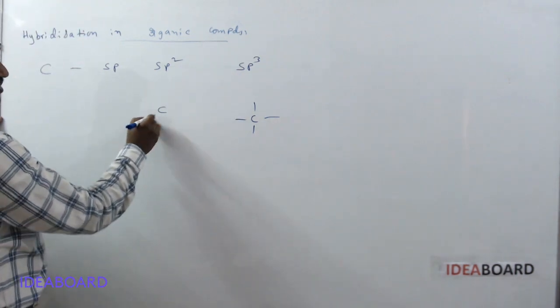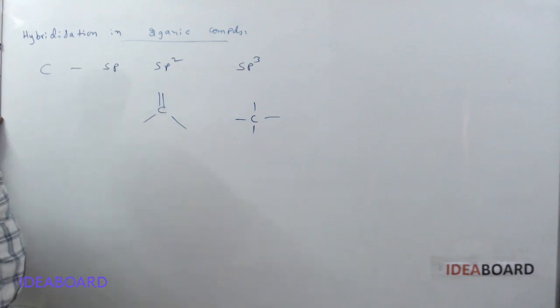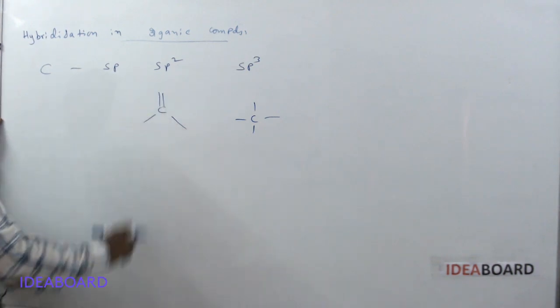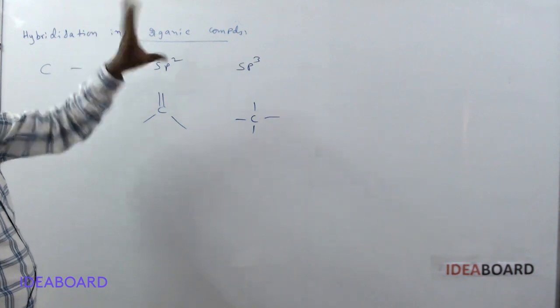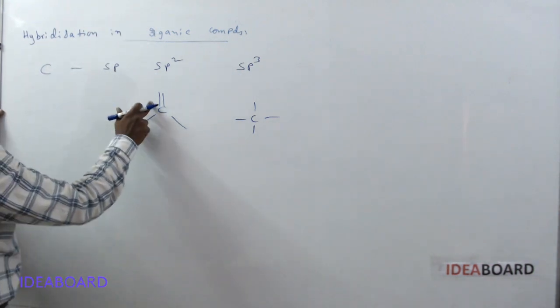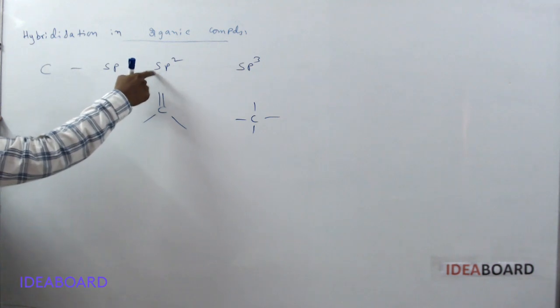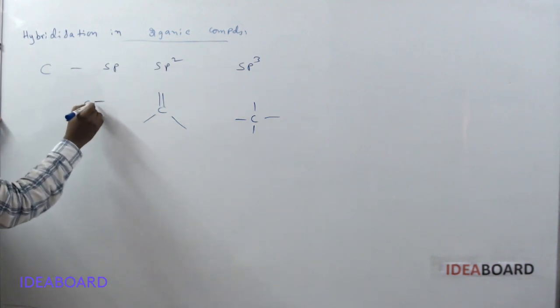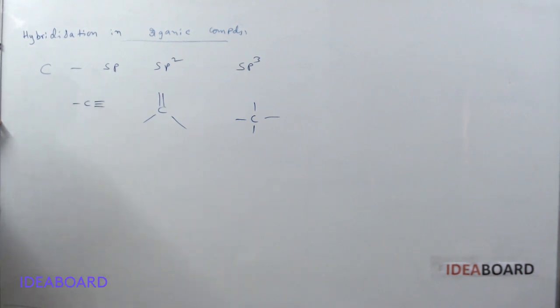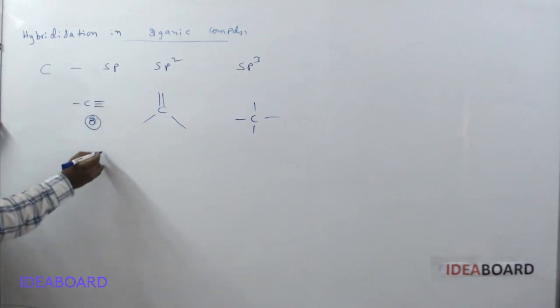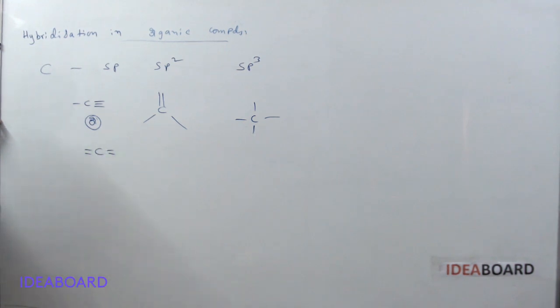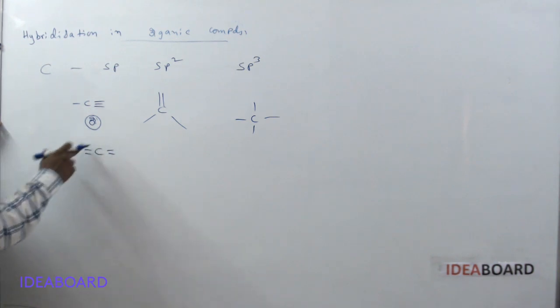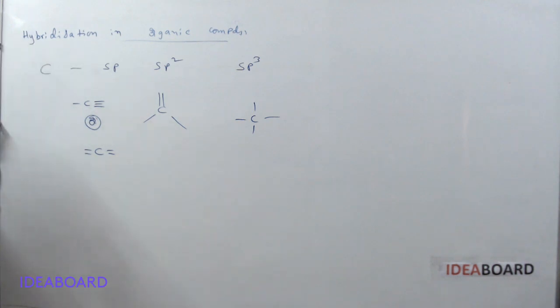If a particular carbon is having 2 single bonds and 1 double bond, whatever it may be, the double bond may be with oxygen or any other element, if it is having 2 single bonds and 1 double bond, it is always sp2 hybridized. And for sp hybridization, if a carbon is having a triple bond and 1 single bond, or if a carbon is having 2 double bonds around it, either front side or back side or top or bottom, whatever it may be, then it is sp hybridized.